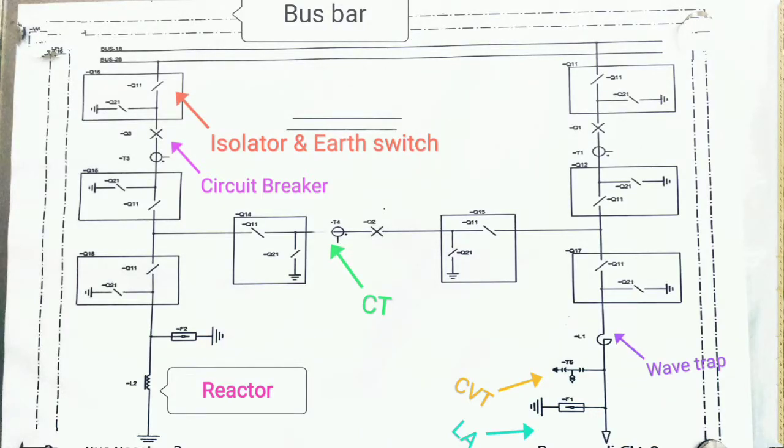In this video we are going to see the single line diagram of a one and half scheme, which means two lines connected by one tie line, making one full bay. In this single line diagram, the main thing is the two bus bars, bus 1 and bus 2, connected by an outgoing line on one side, and another bus connected with its respective reactor.